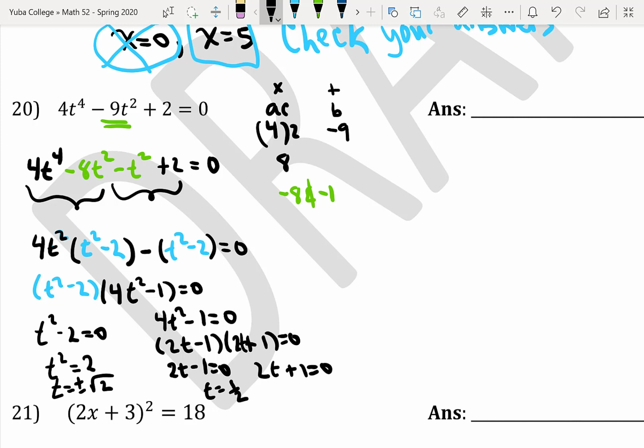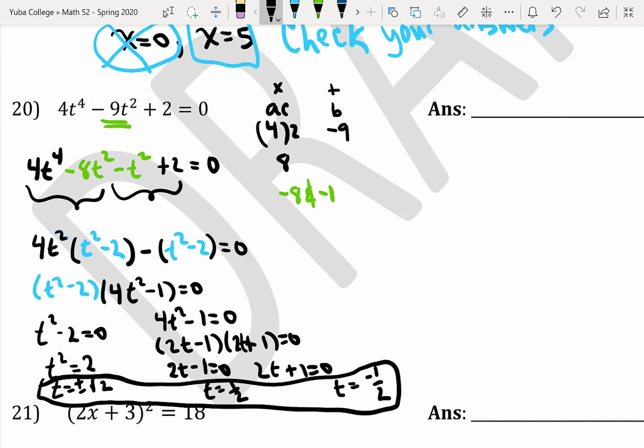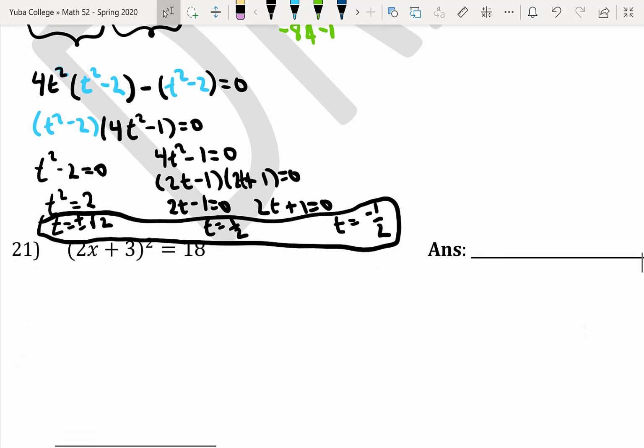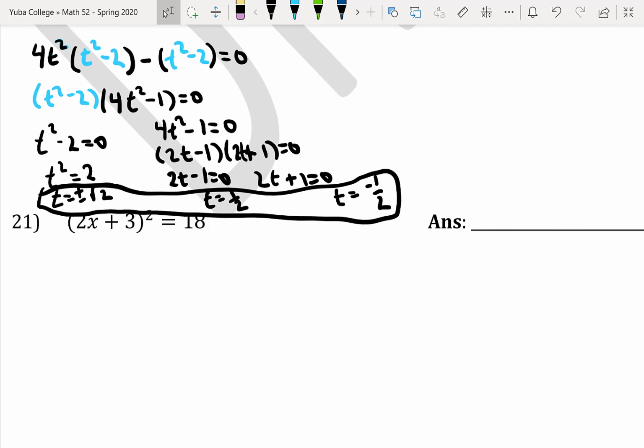Okay, so now we're looking at the quantity 2x plus 3, that quantity squared, equals 18. I notice that I can either distribute all that out, it's quadratic, get everything to one side of the equation and try to factor, or I can use the square root method, and that would be a lot faster. So we can get rid of that square by taking the square root of both sides. And so doing that, we get